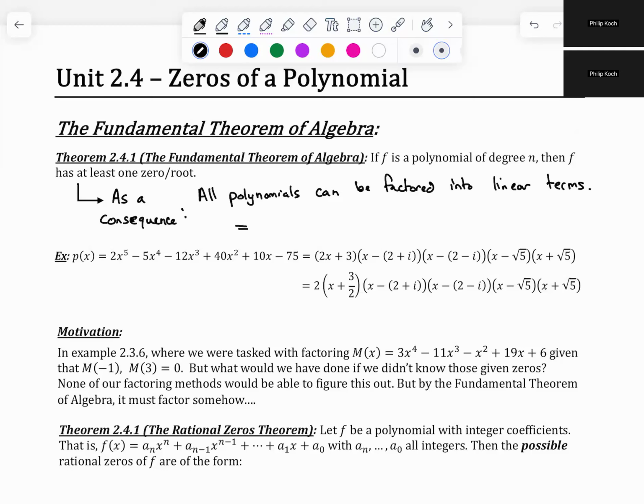That is to say, f of x for any polynomial can always be written as a times (x minus c sub 1) times (x minus c sub 2) times dot dot dot times (x minus c sub n), where the c sub i's, as we usually say in mathematics, for any i between 1 and n. All those numbers could be repeats. But the fact of the matter is,